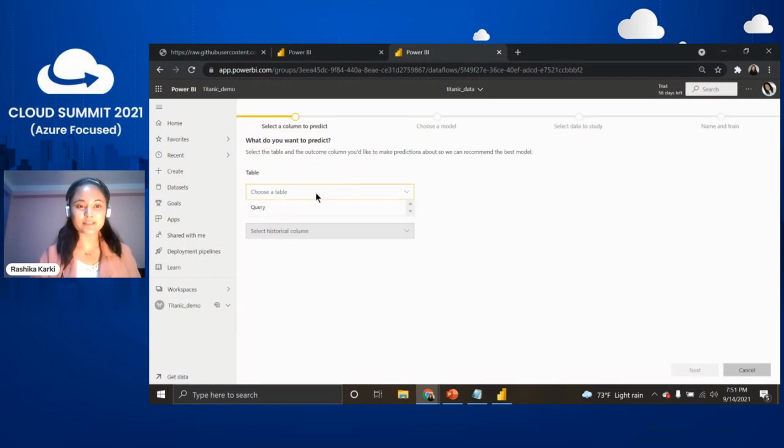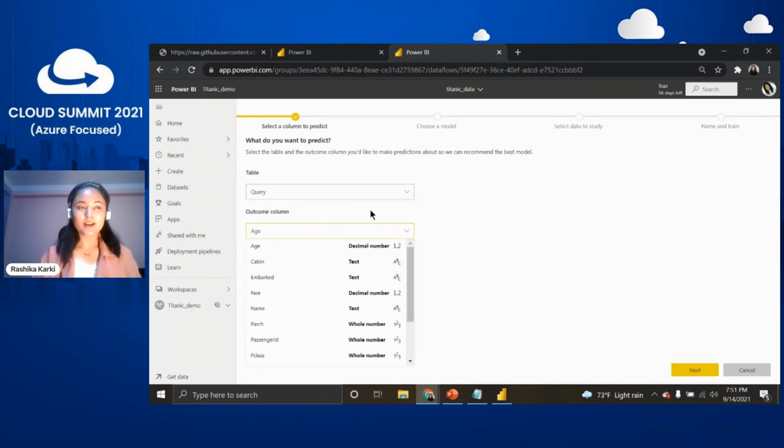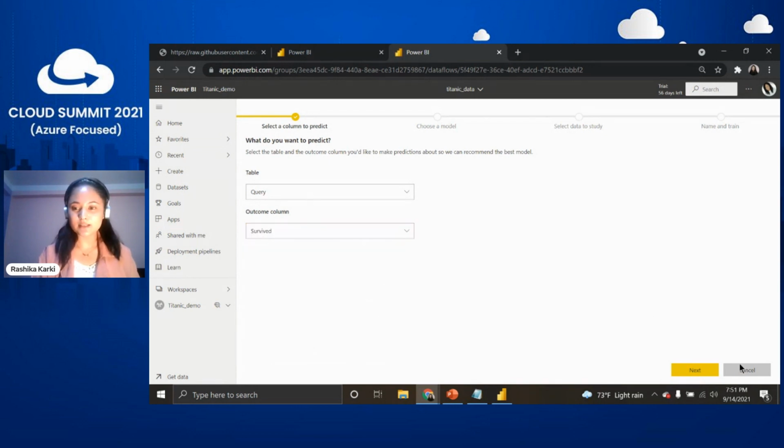What I need to do is give a query, and then give the column name of the data that I want to be predicted. Maybe I'll go with survived. If I hit next, here what I'm saying is I want to train a model that predicts the value of survived, which in this data means whether the passenger survived